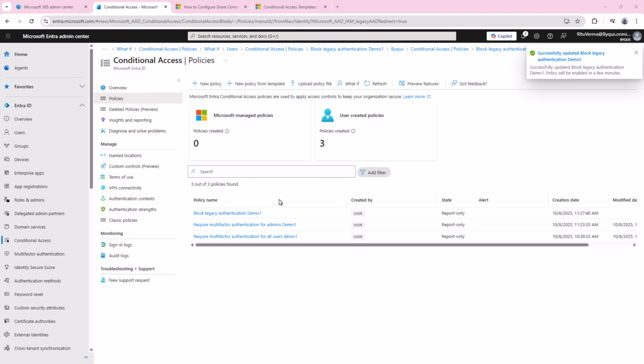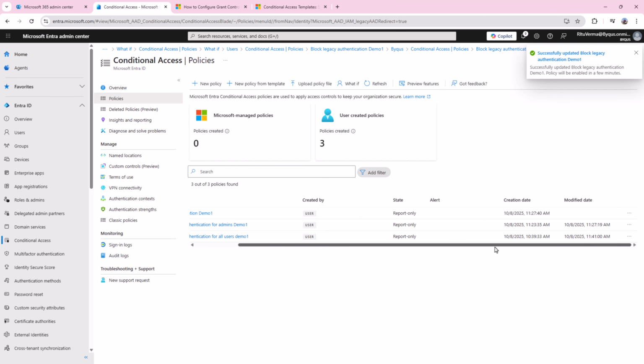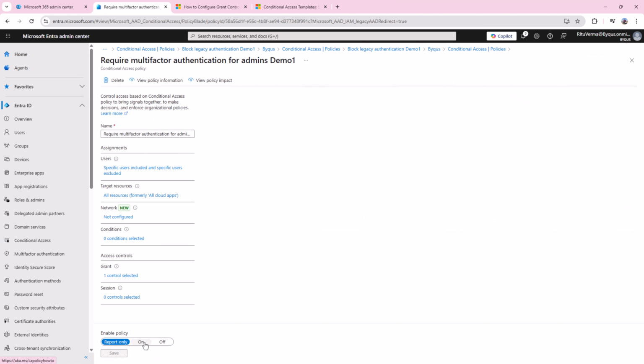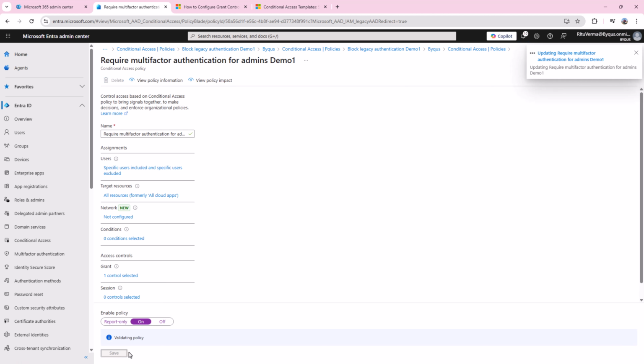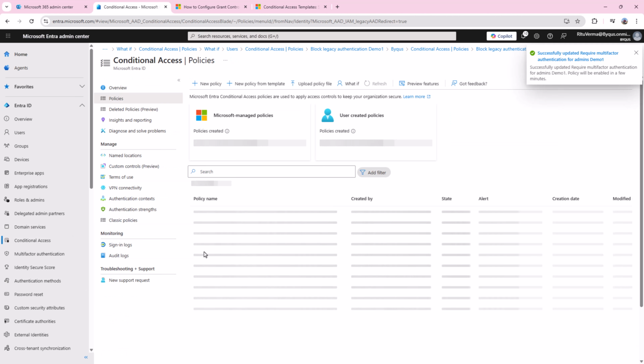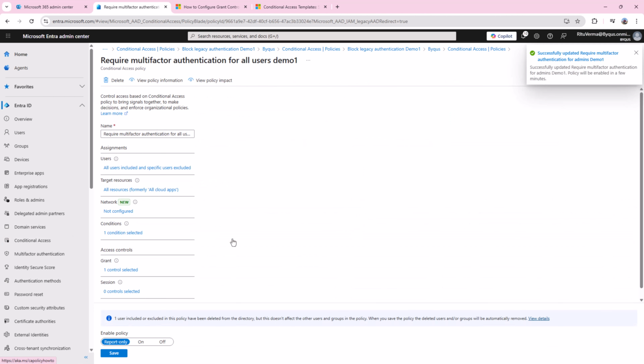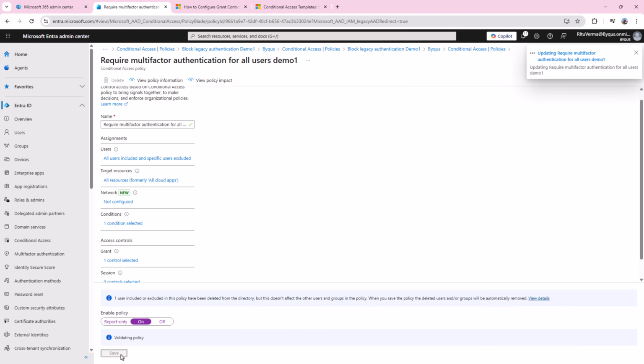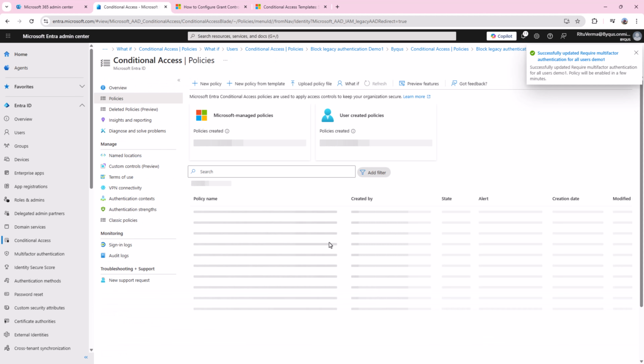So now it is turned on. You can see the status. If you go here and turn it on, and you go here, the third one, and turn it on. All right.